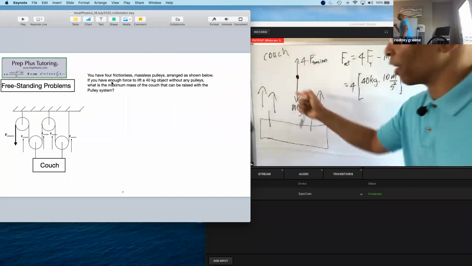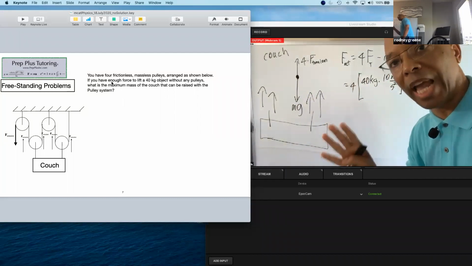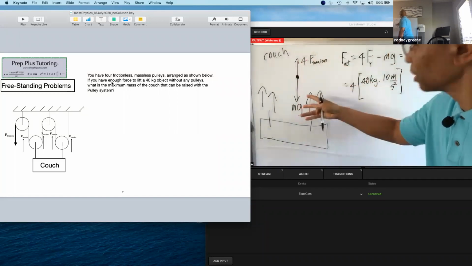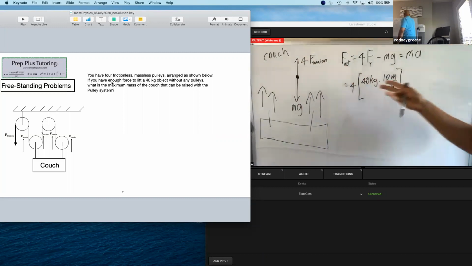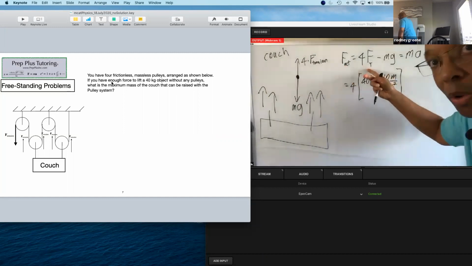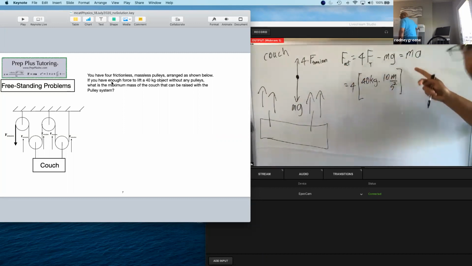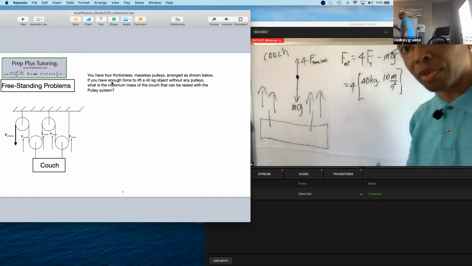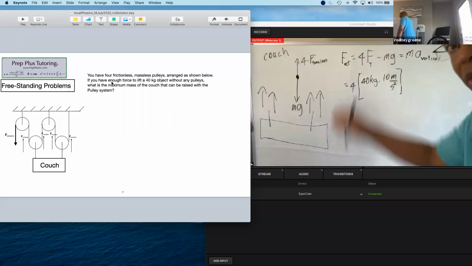So we draw our free body diagram, and remember, vectors have a magnitude and a direction. So here we only have a vertical direction. So we're going to write our Newton's law equation just for the vertical direction. 4 tension forces going up, force due to gravity going down, and that equals mass times the acceleration in the vertical direction. So this is an equation that only has to do with motion up and down.